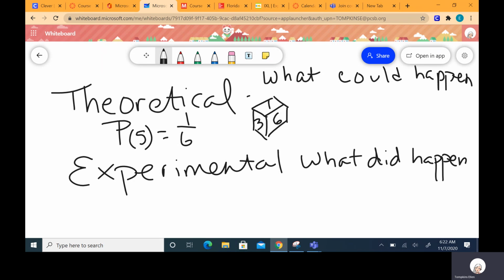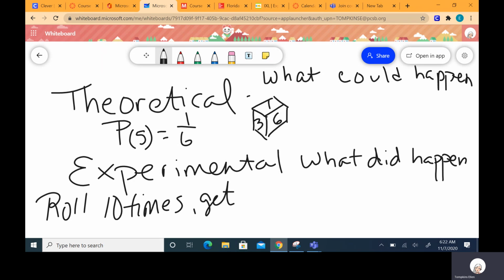Now, the experimental probability is what happens when, let's say, I roll it 10 times, right? And I get the 5, I get it 3 times. So the experimental probability of rolling the 5 was the 3 that I actually got out of the 10 total rolls that I did. And that was 3/10. 3/10 is 30%,